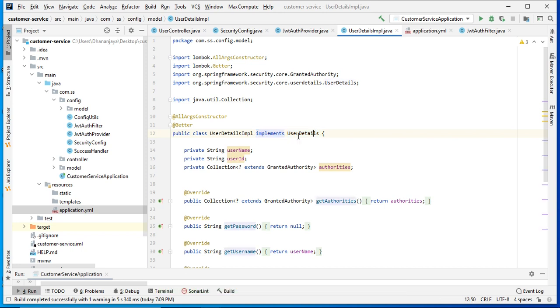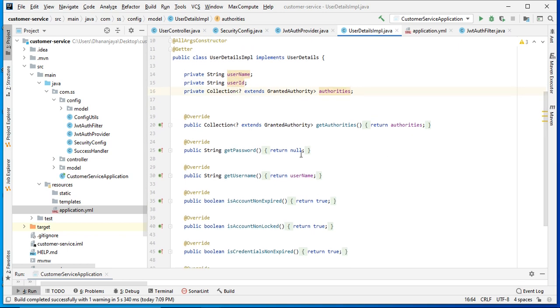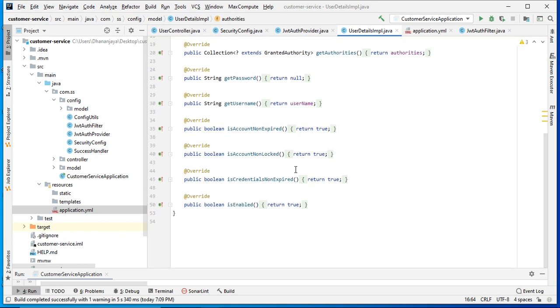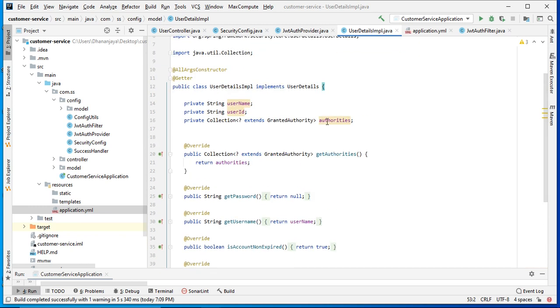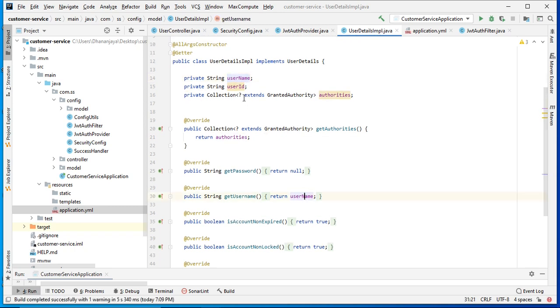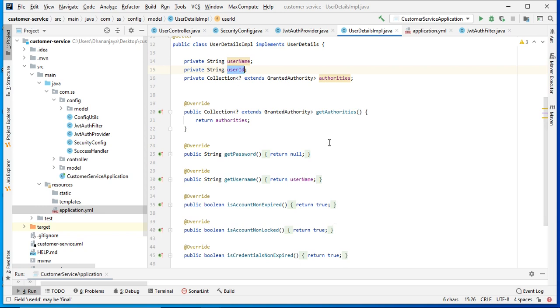We need to implement that class, and I have written some fields here, and we need to override these methods, and these are the configurations. By default it is false, we need to set it to true. Whatever authority, meaning roles, we are getting, those roles you need to return here. Username we need to return, and user ID no need to return. If in future it is required, then we will extract it from that.